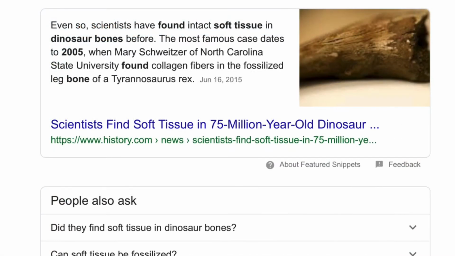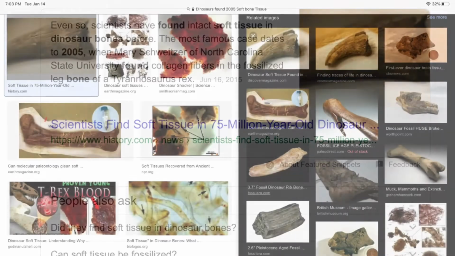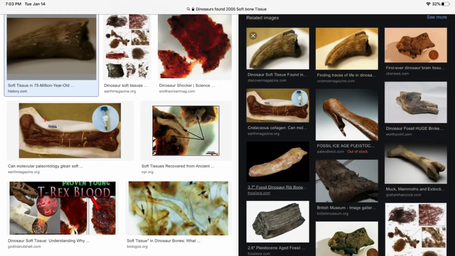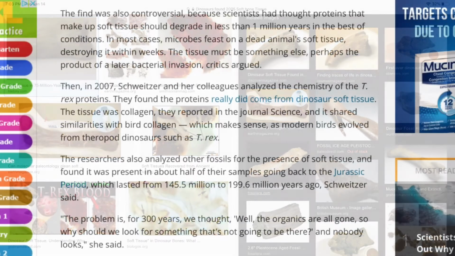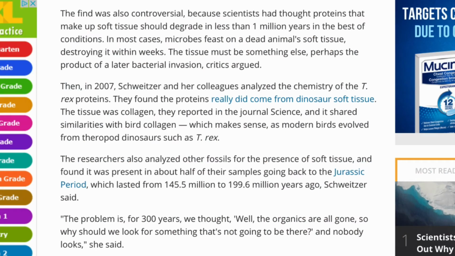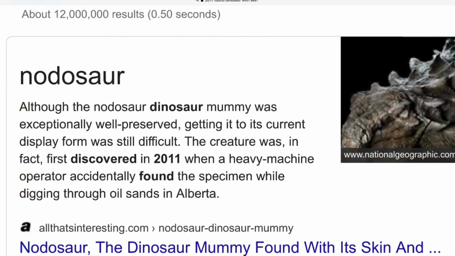Now, they say that dinosaurs are fossilized, so they wouldn't have any soft tissue, there wouldn't be anything like that found with the dinosaurs. Back in 2005, they found soft tissue in a T-Rex's leg, and any tissue that was there should have been gone a long time ago, so they thought it must have been contaminated. When they tested the tissue, that's when they found out that the tissue really did come from a T-Rex. That's not the only time they have found tissue. In 2011, they found a whole dinosaur with skin intact and everything. They're saying this dinosaur must have been preserved for 110 million years.